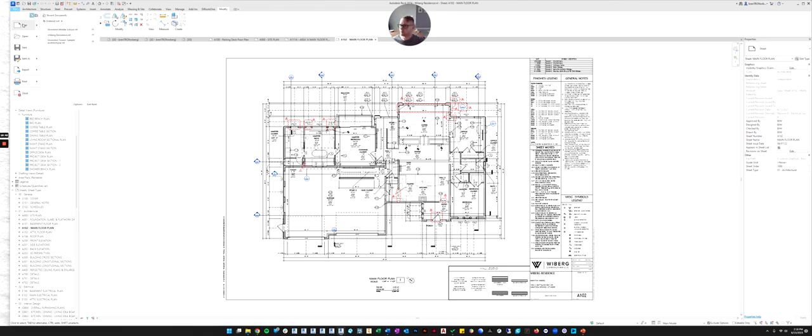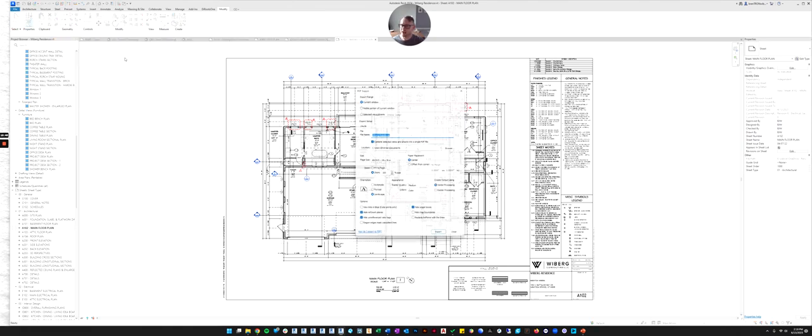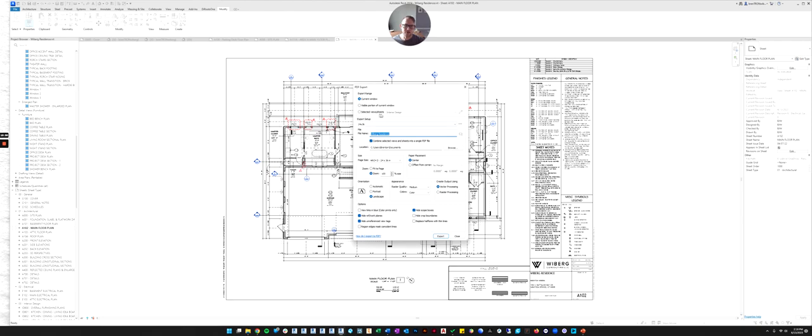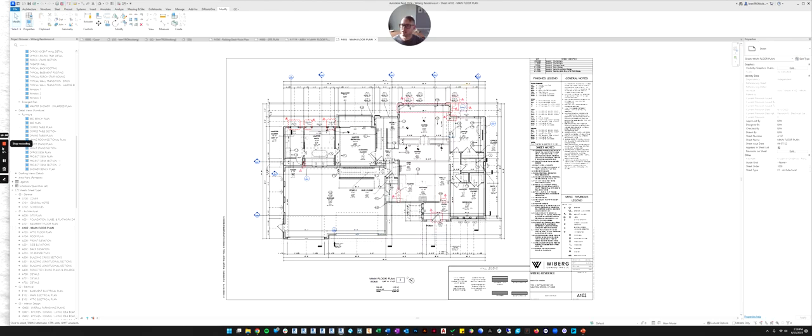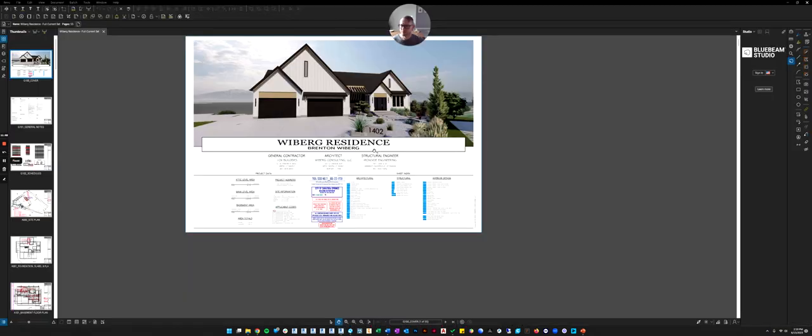If you go to the File tab, you can export these as a PDF. And in here, you'll tell it what sheets you want to print into one set, and then you'll export the set. And once it's done, it will save it as a PDF file. So let me show you what that looks like.